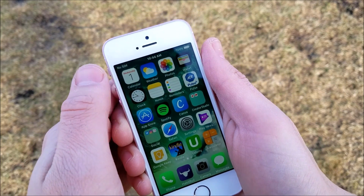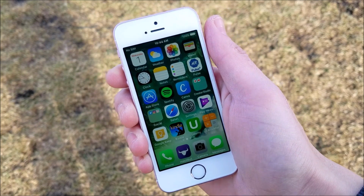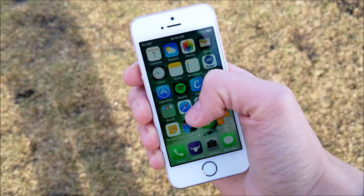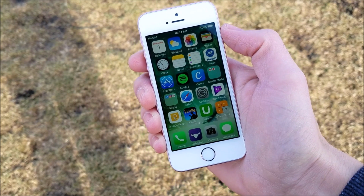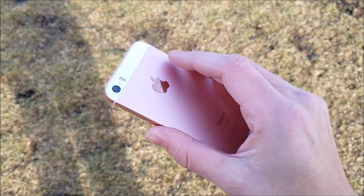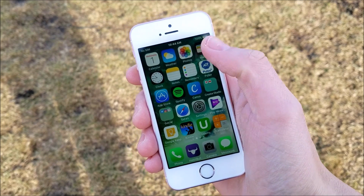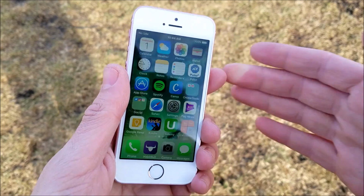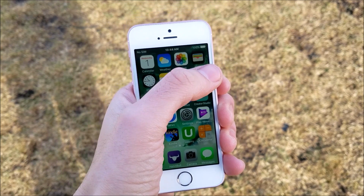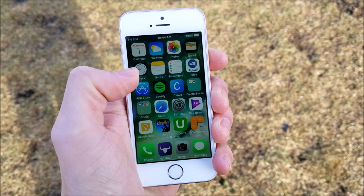So I have the calendar up here on the left. So obviously calendar, do we really need to talk about a calendar? I got the weather application here, my photos application, and this is a 16 gigabyte iPhone SE, so I do have to manage my storage quite a bit on this bad boy, but overall it still gets the job done on 16 gigabyte. It is a little bit of a hassle, but I got videos to help you with 16 gigabyte iPhones as well. So here is my wallet application where I manage my Apple Pay for my device,